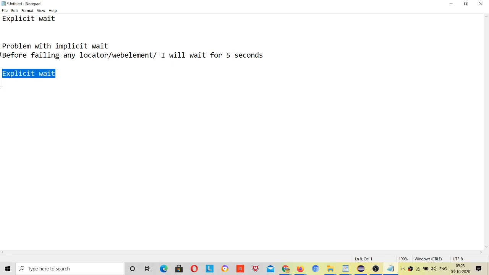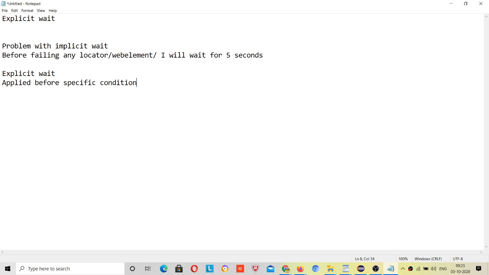Explicit wait, what it says is that it is applied not globally, sorry, but in a specific line of code, before a specific condition.